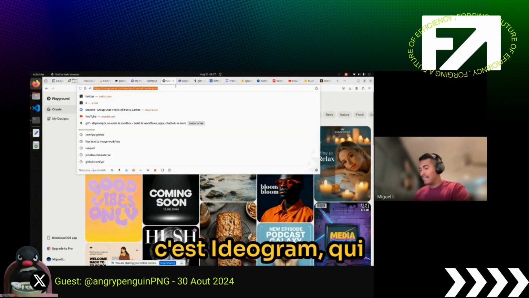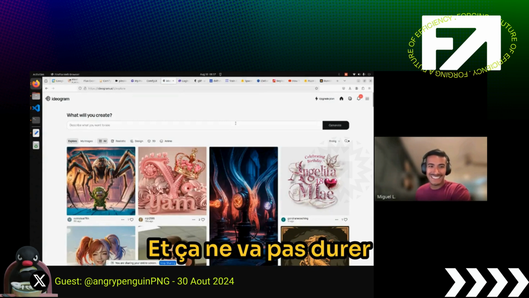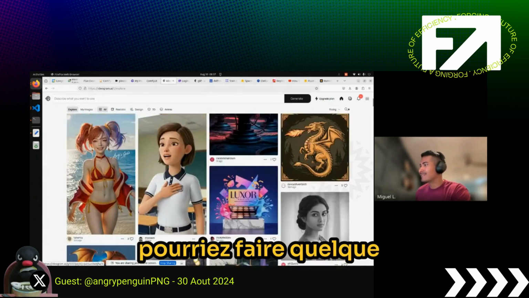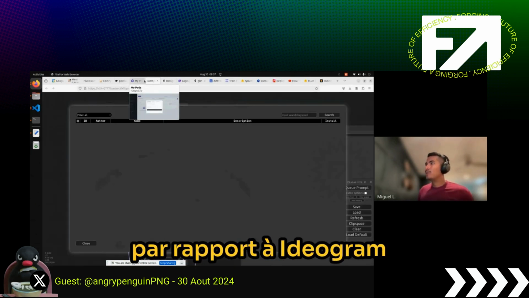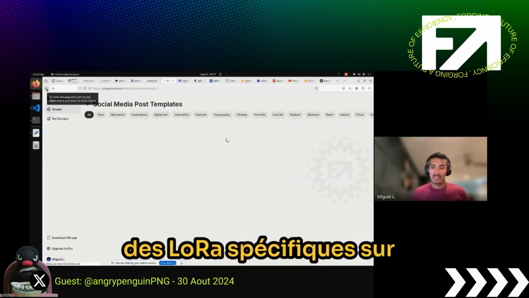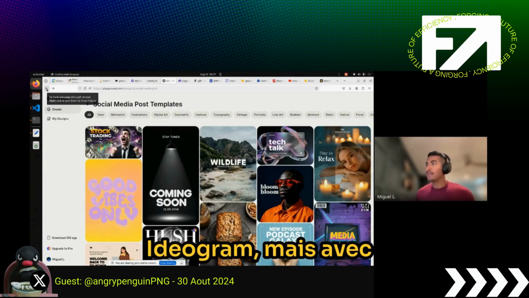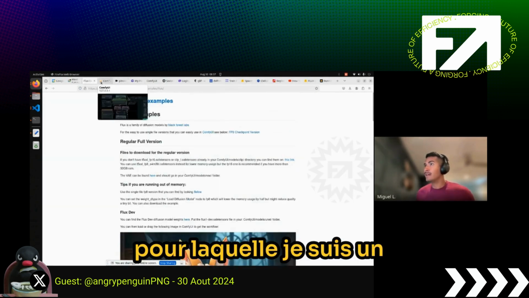And then the other one is Ideogram, that's free too. These insanely good models are available for free. It's not going to be like that forever, but in the short term, maybe you could do something like this. But the benefit that the open source models have, as opposed to Ideogram or Playground, is you can train specific LoRAs on subjects, right? You can't really do that. Maybe they'll add it soon to Playground or Ideogram, but with Flux and using ComfyUI,